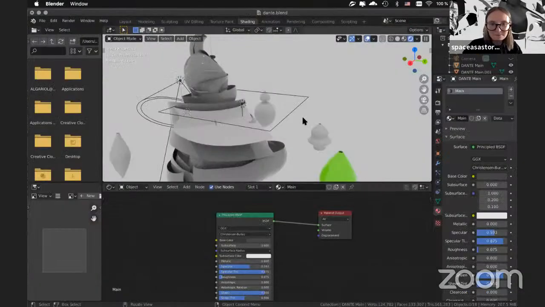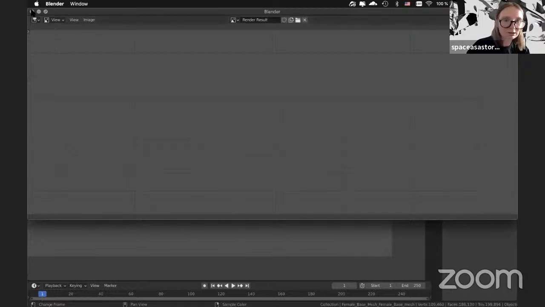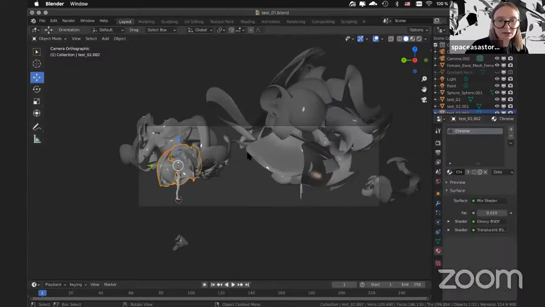So, the last thing I wanted to show about materials. Yeah, the materials can be very complex,